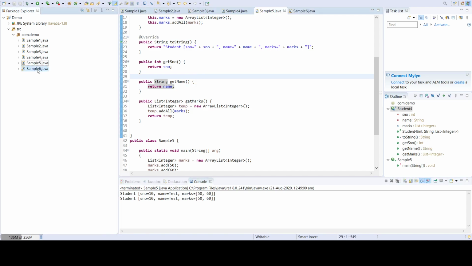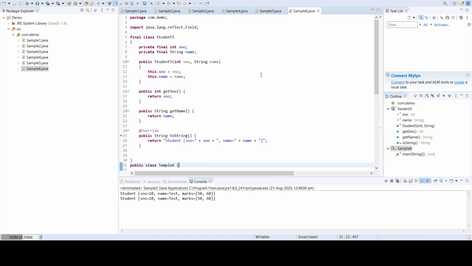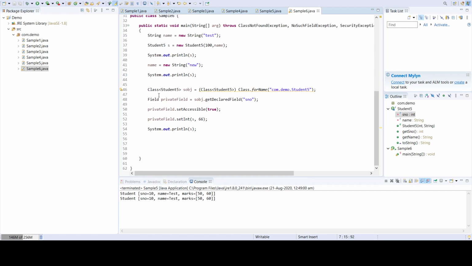The next one is that there is a possibility of breaking the immutability using reflection. Even though we declared it private and final, we have reflection. For example, we load the class, get the private field, and make it accessible. Then using the private field we can modify the value inside a private variable.